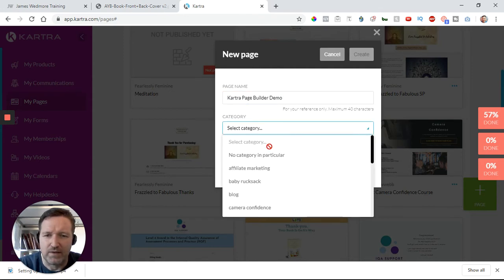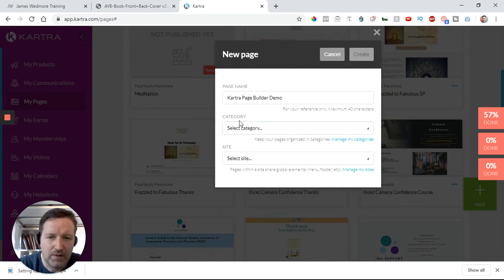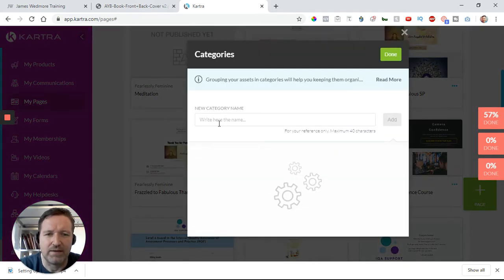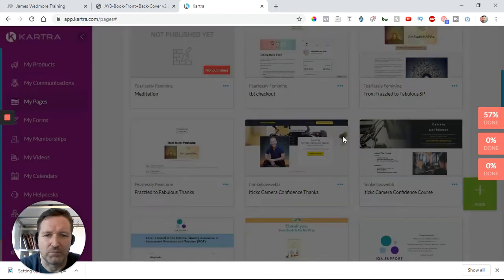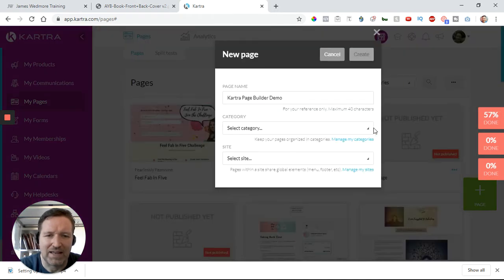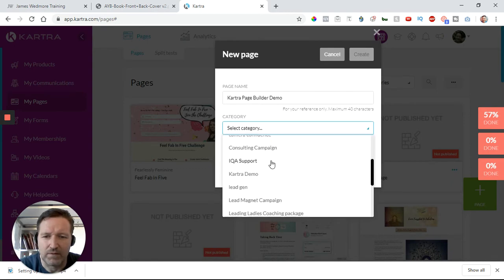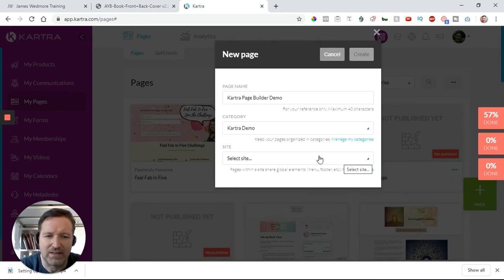Select a category. You've always got this no category in particular. If the category doesn't match anything you have, you can always go into Manage My Categories and then add a new category name. So I'm going to add a Kartra Demo as a category name and add that. So once that's been added, you can go back and select it. Let's have a look. There it is, Kartra Demo,